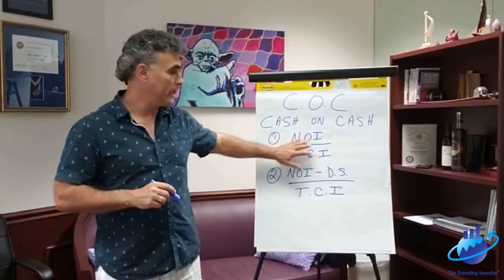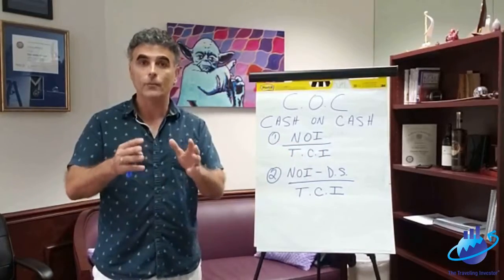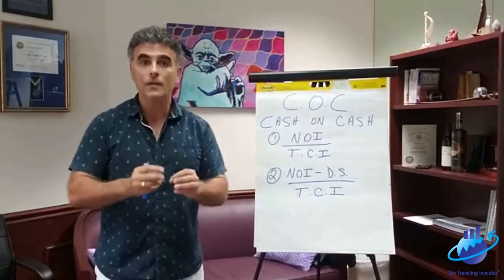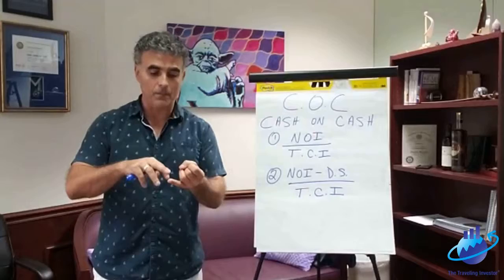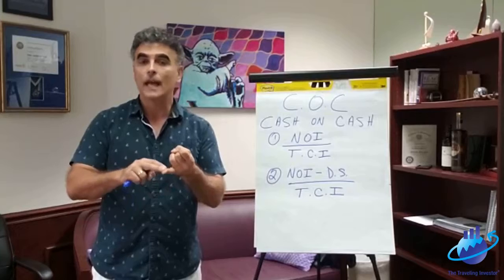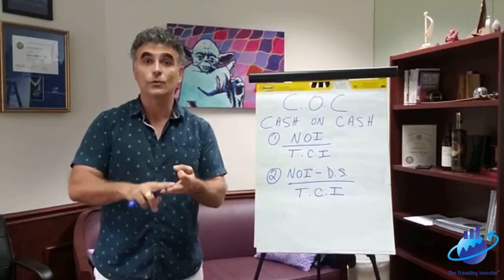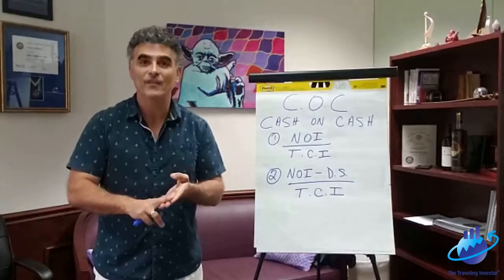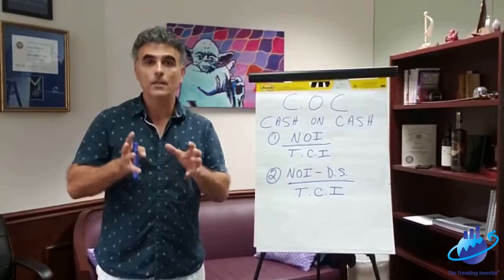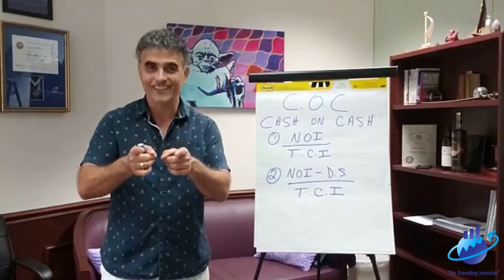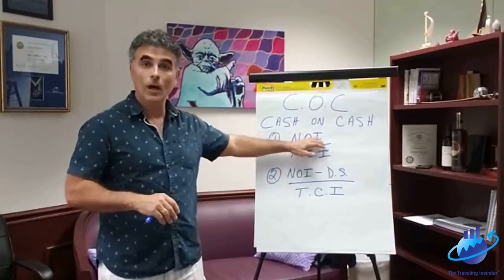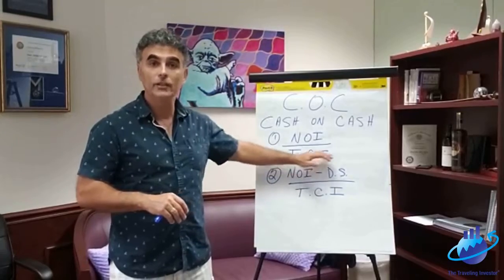So first we take the NOI, the net operating income, and we all know what that is, right? Net operating income is the gross income, all the income generated from the asset, minus all the expenses. And the expenses can be anything from vendor services, contracts, landscaping, sprinklers, anything of that nature. Your real estate taxes, your insurance payment, your property management fees, your utilities, your general admin, any expense that the property incurs except for, that's right, the debt service. Because right now we're looking for cash on cash without debt service. So you have the NOI over TCI, total cash invested.